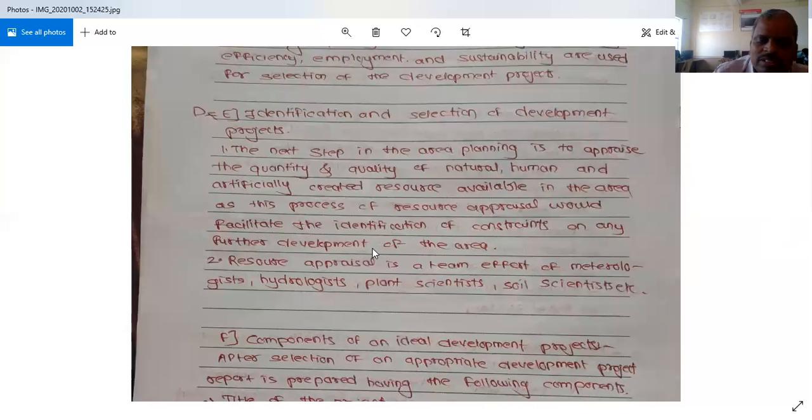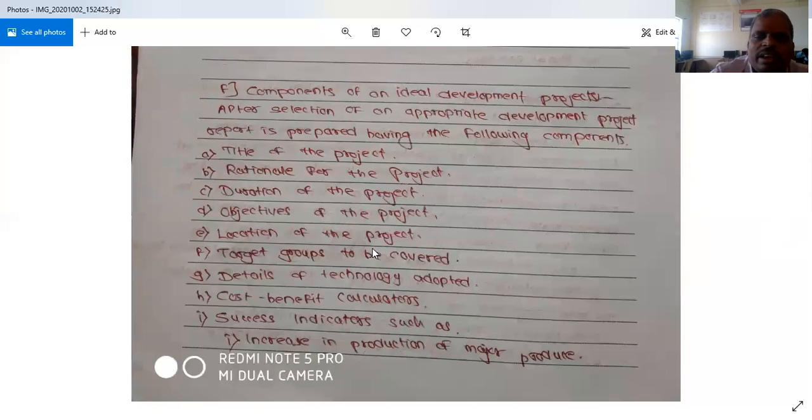The next point which we are going to see is the components of an ideal development project. Which are those? After selection of an appropriate development project, a report is prepared having the following components. First of all, the first page shows the title of the project. Secondly, the rationale for the project. The third one will be the duration. Next is the objectives of the project. After that, the location of the project, target groups to be covered, details of the technology adopted, cost-benefit calculations,